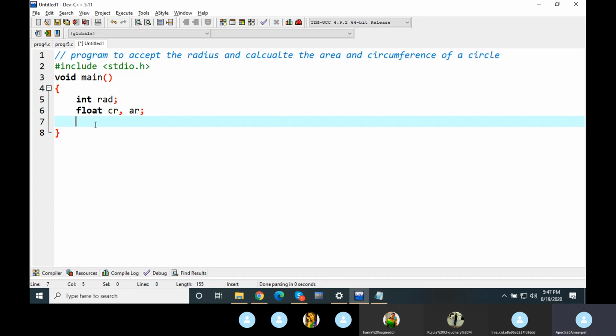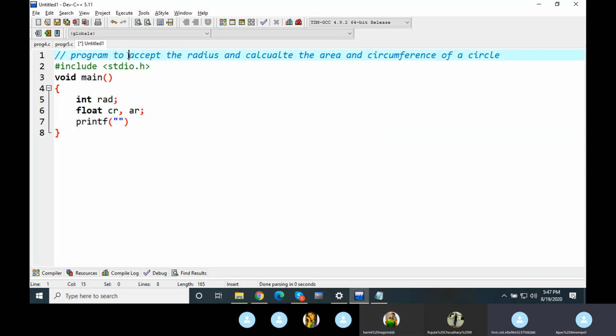Next, in continuation, we need to accept the input values. Come on, Ashrita. We need to take input values from the user. Printf, okay. Quotation, yeah, we can double quote. Accept the radius.